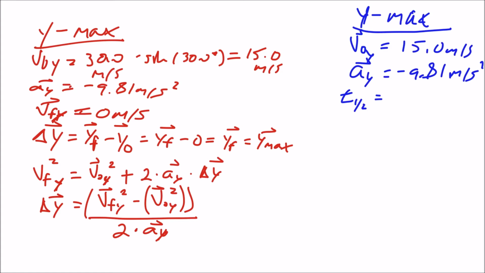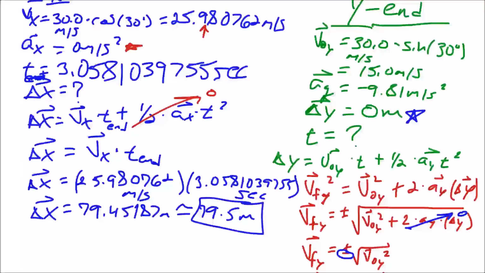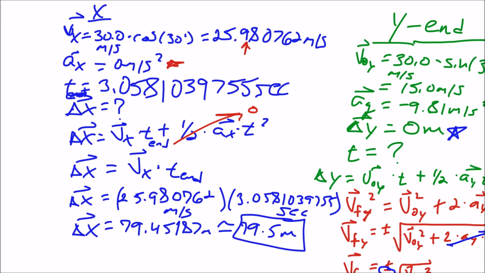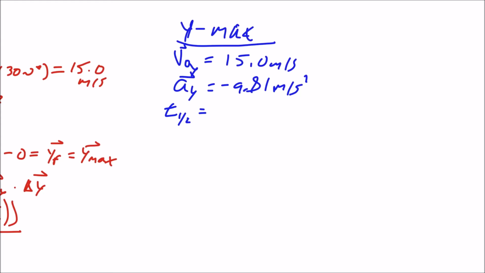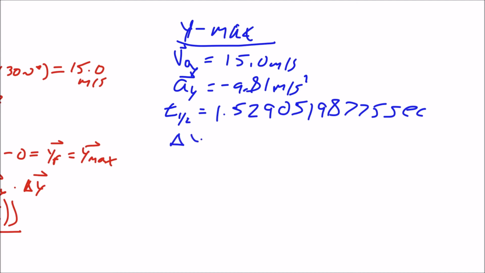So instead of saying this 3.085 number, okay, we're going to divide that by 2. So I'm going to type that in my calculator real quick. All right. And then let's come plug this in over here. So I get 1.522905198775 seconds. That's how long it takes to get to that halfway point. And I'm still trying to figure out what delta y is, which is the same thing as saying what y max is. Okay? So given this setup, these variables, I would say delta y equals v initial on the y-axis times time half